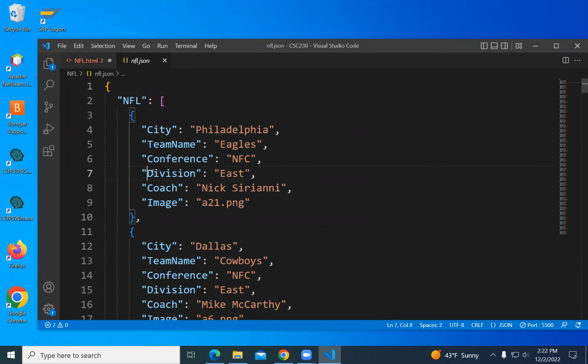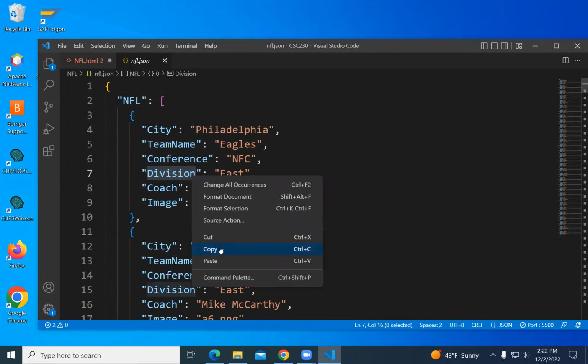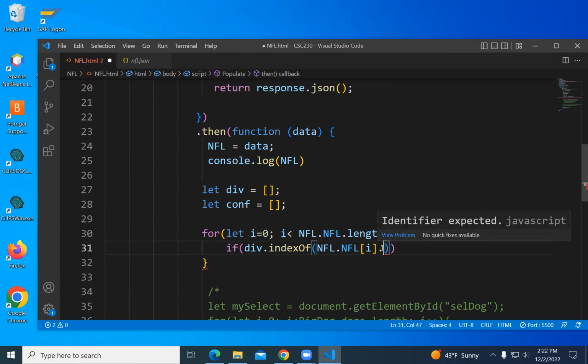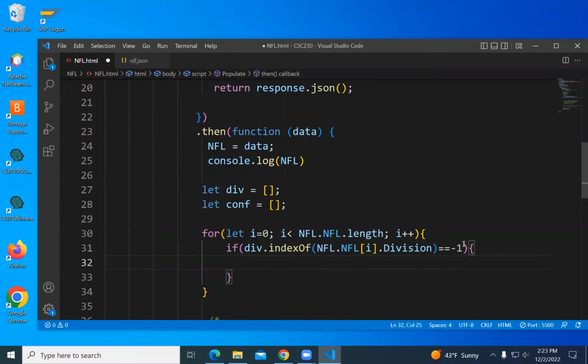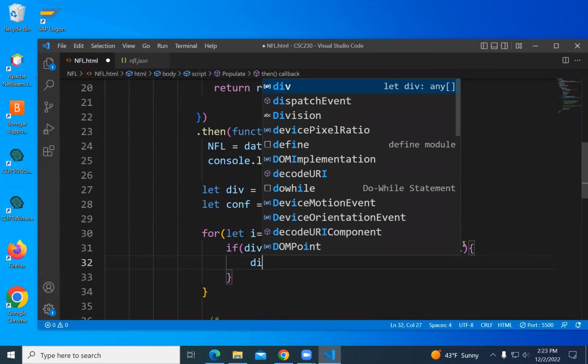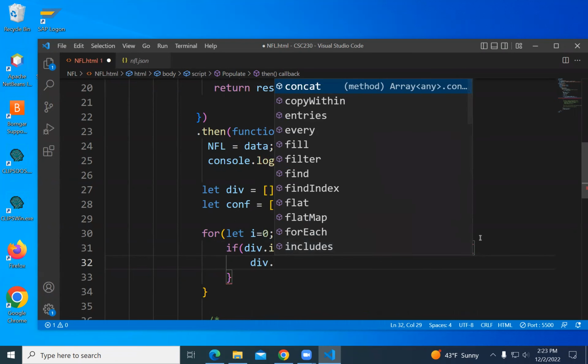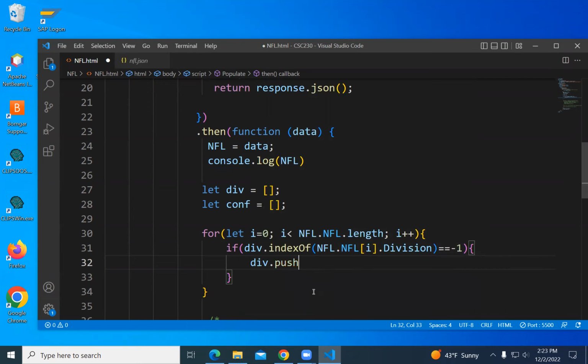I'm interested right now in the division. And then if I don't find it, I get a -1. So if it's equal to -1, that means I didn't find it. If I didn't find it, I want to add it. So that will be division.push that division.